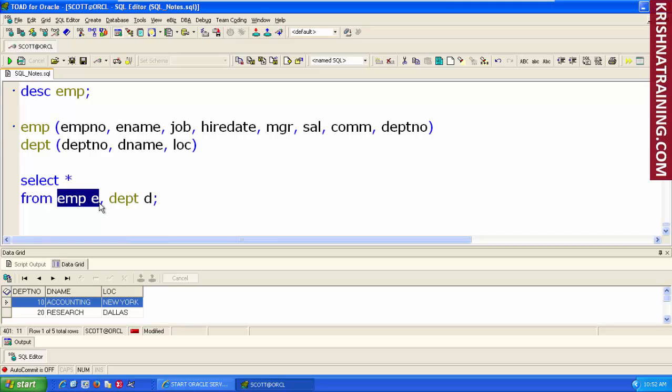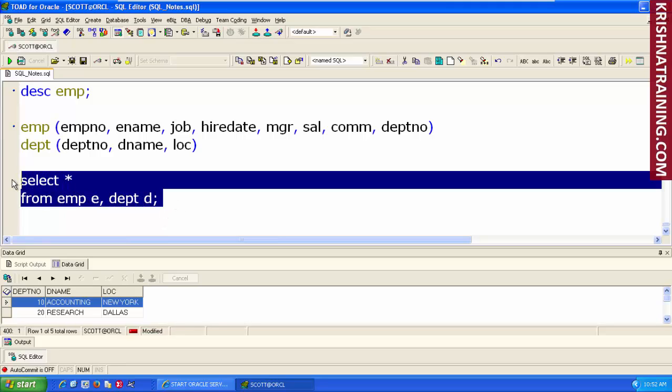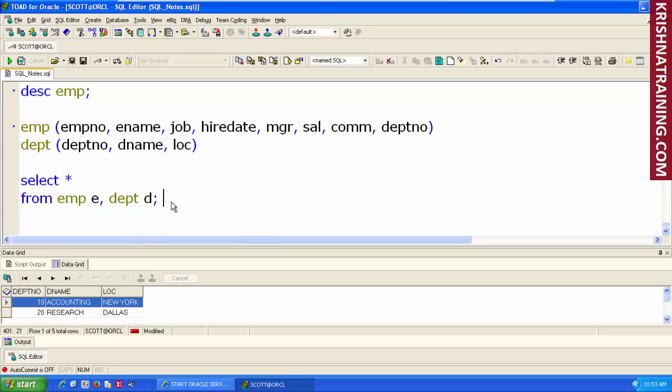want to bring data from multiple tables, all you have to do is in the from condition, put table 1, comma, table 2. Typically when you have a statement something like this, it becomes a join statement. But if I run this,